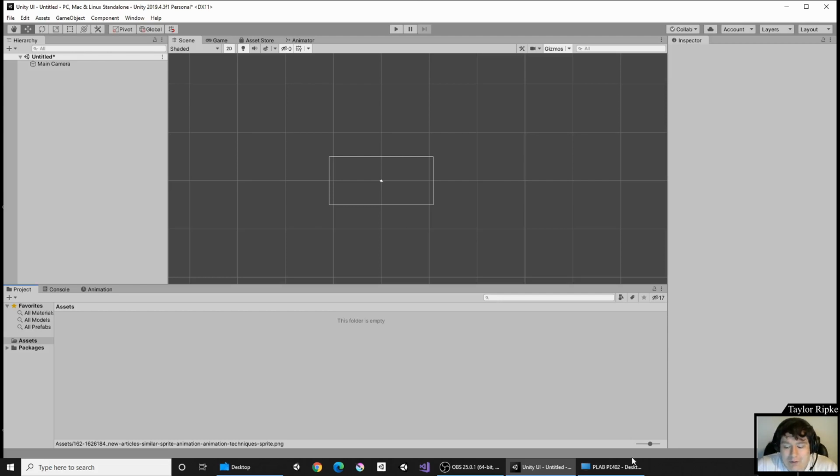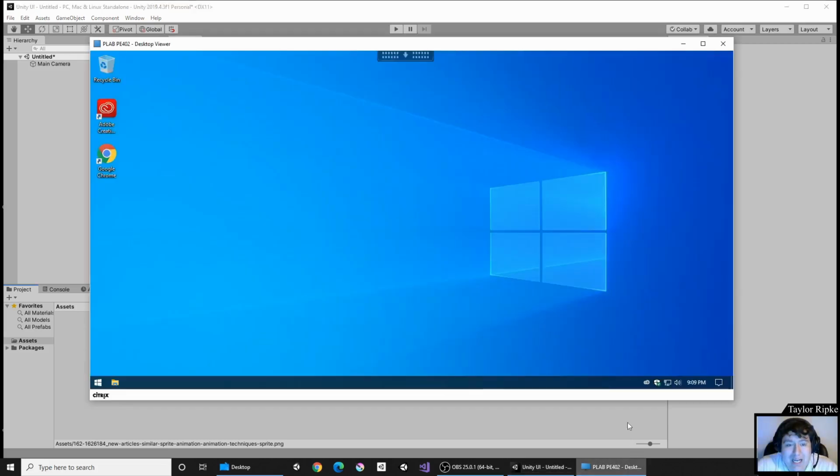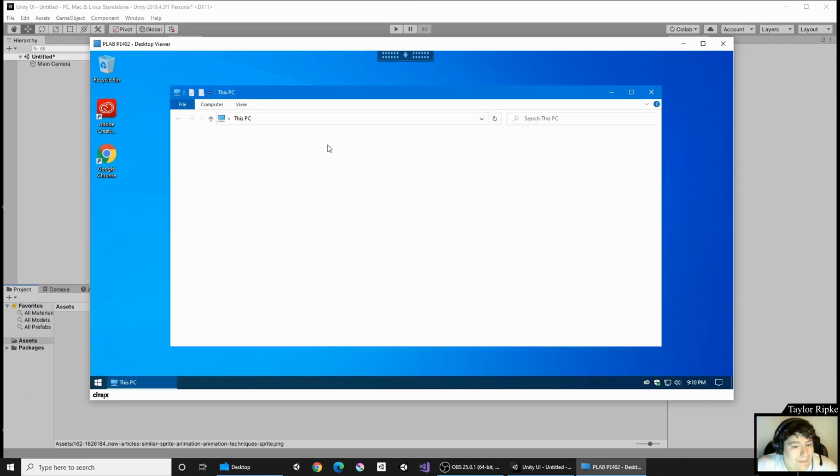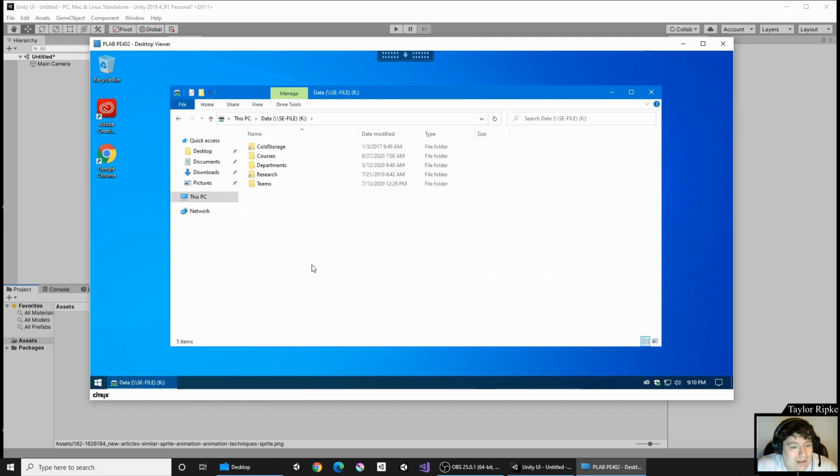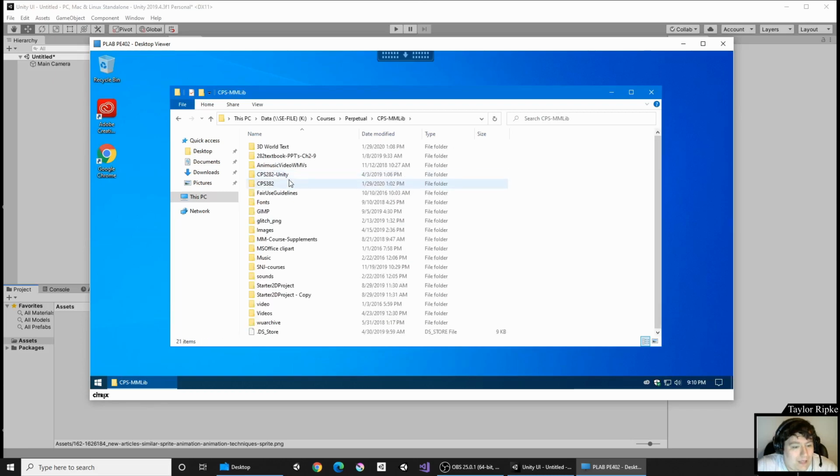I went onto the remote desktop. If you need help accessing the remote desktop, please visit the project setup video on this channel or contact your instructor for further help. On the K drive, let me go ahead and access that via the File menu. You'll want to go to Courses, Perpetual, CPS Multimedia Library, and in here there are a bunch of folders, but you're going to want to select the